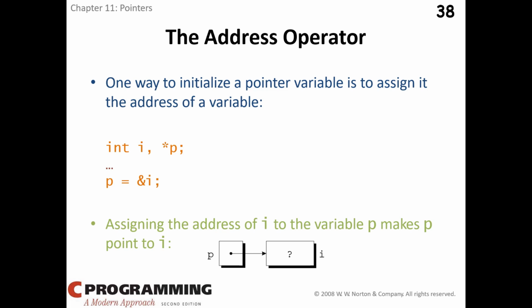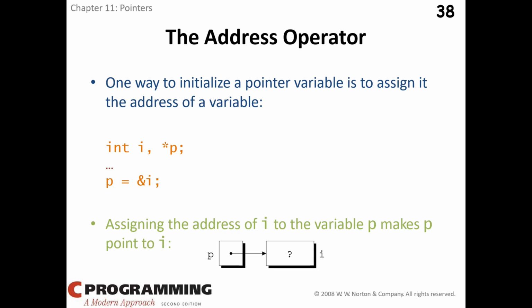And to initialize the pointer p, we use the address operator ampersand followed by the variable name I to obtain the memory address of I. And by assigning this memory address to the pointer variable p, we effectively make p point to the variable I. So in other words, p now holds the address of I, enabling us to access and manipulate the data stored in I